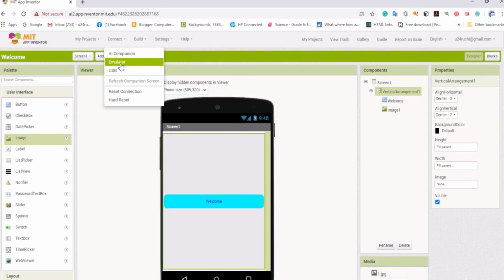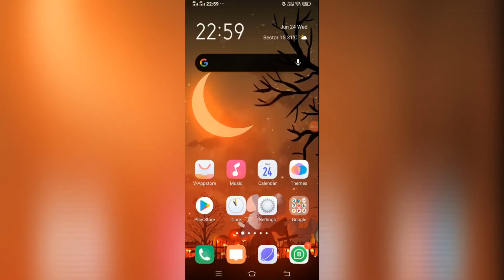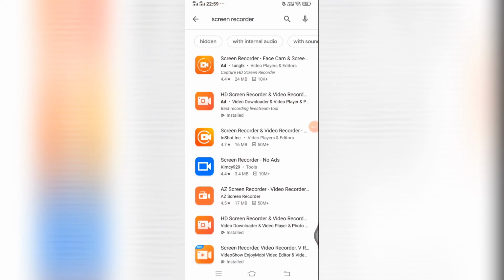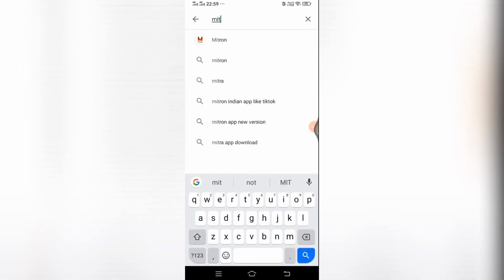Okay, this is my AI Companion. I told you earlier also how to do it. Now let's see here. After that, we have to go to our Play Store in the mobile phone. So I will write here App Inventor Companion.